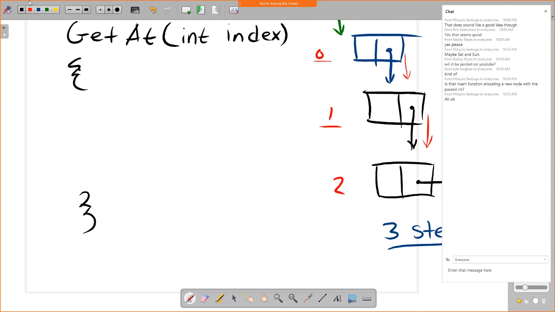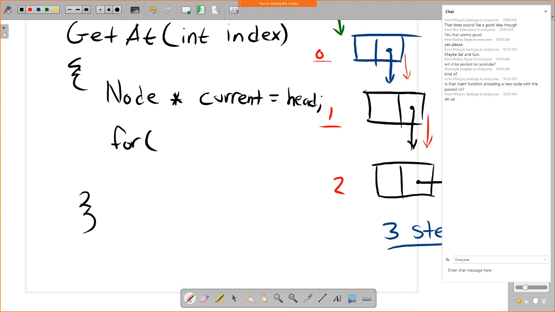So I won't account for error handling here, but let's at least just do the basic setup for this. So maybe what I want to do is, again, keep some sort of pointer to the current node, and we'll say that's the head by default because we always want to start at the head, and that's really all we have access to. And then we'll say while, actually, I guess I don't need a while loop. So we'll say we just want to follow that arrow the same amount of times that the index is, and it will get us to wherever we need to go. So if I said for int i equals 0, i less than index, i plus plus, then that will count how many times we need to follow the actual